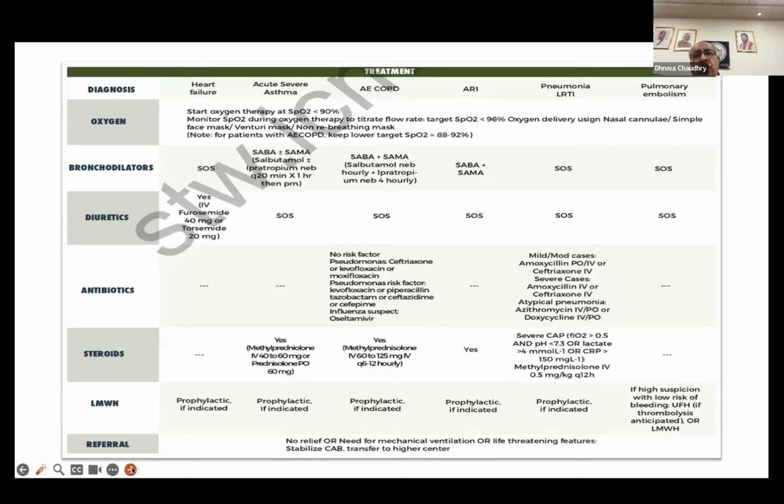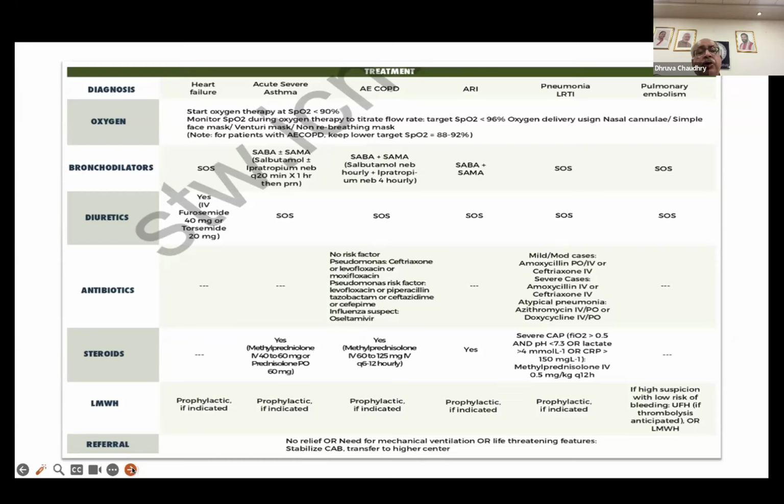You probably can use continuous nebulization in patients of acute asthma, or you may use intermittent, but data is in favor of continuous use. And along with it, intermittently, you can use SAMAs in these cases. And if there is an ARI or bronchiolitis, probably at that place again, you can use a combination of SABA and SAMA if we are finding a lot of wheeze, breathlessness, etc. Antibiotics are not required in heart failure or asthma. Most of the exacerbations tend to be sudden exposure to allergens or to viruses.